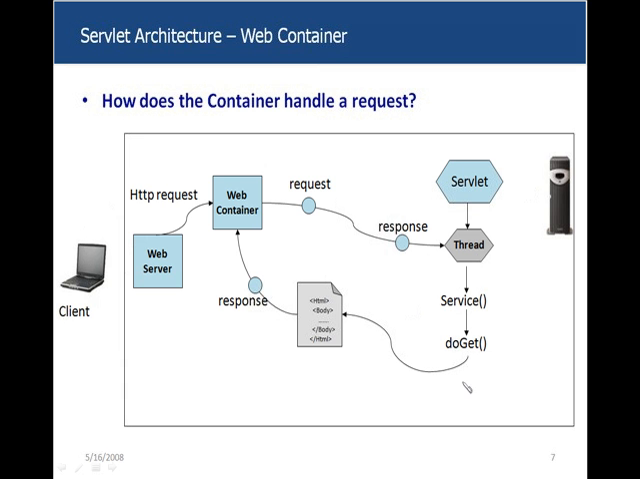As I told you, the servlet doesn't have a main method, but it has some callback methods, and the web container knows what callback methods to call on this servlet. You know that the callback method is doGet. If the request was of type get, the callback method which will be called on the servlet is doGet. So the container spawns a thread for the request that comes in and then calls the doGet method on